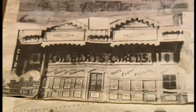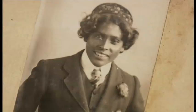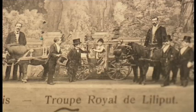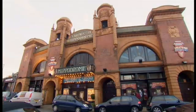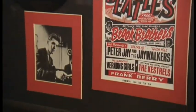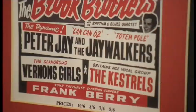All this is a far cry from the first circus in this very building, started by George Gilbert with the Indian Boy Wonder and the Colibri Midgets on the bill. The Hippodrome Circus continued through the 20th century, but by 1978 it was up for sale. The man who stepped in to save it was Peter J, a former musician and entrepreneur whose family ran theatres